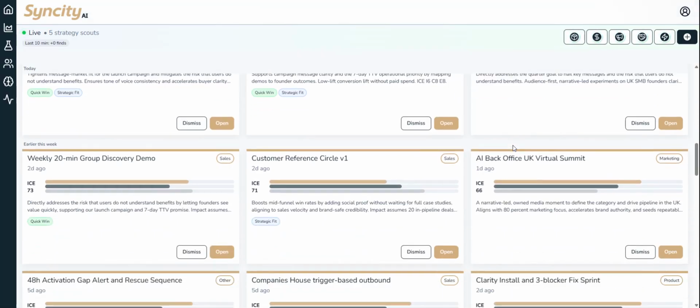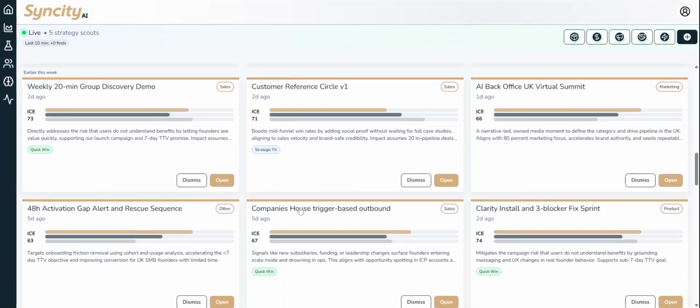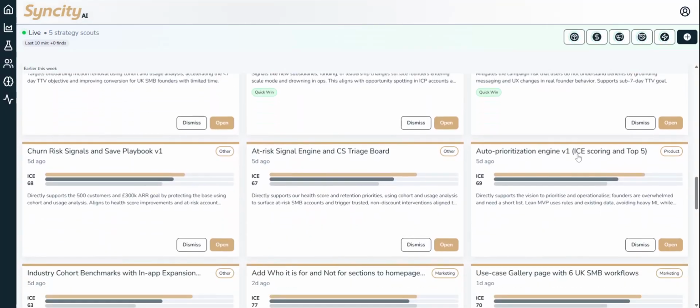But it is finding stuff that, for me, I've just never thought of, never even looked at. Companies House trigger based, so anything that gets registered in Companies House, you get a trigger about it. Churn risk, that's one of our risk ones. At risk signal engine, auto prioritization engine, that's one about improving the product.